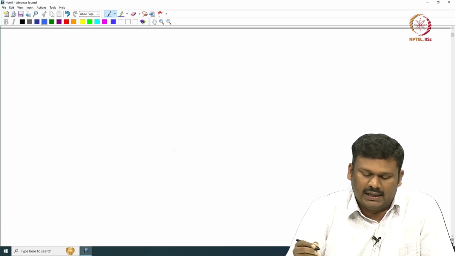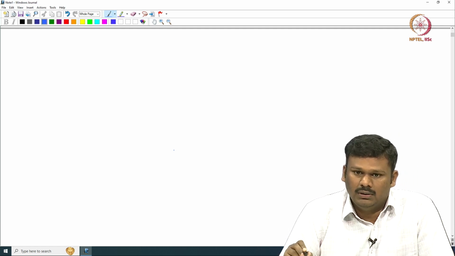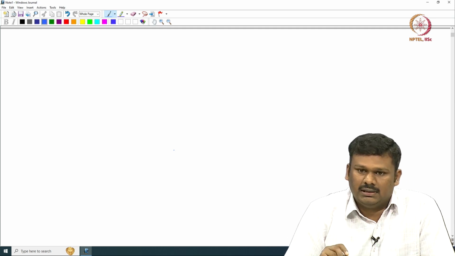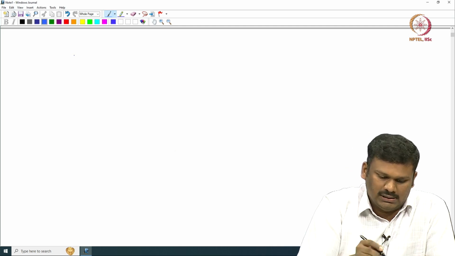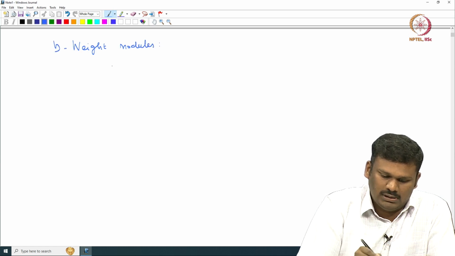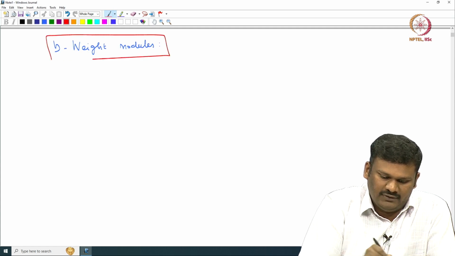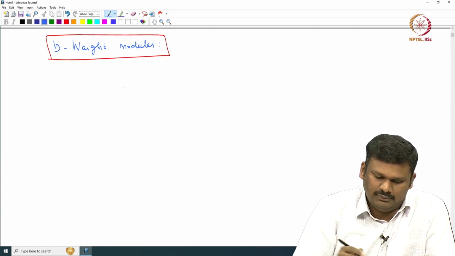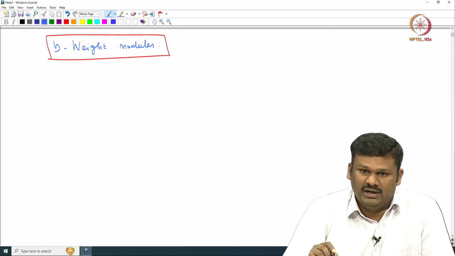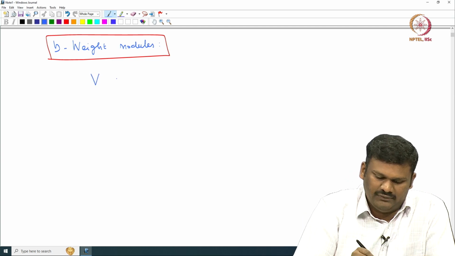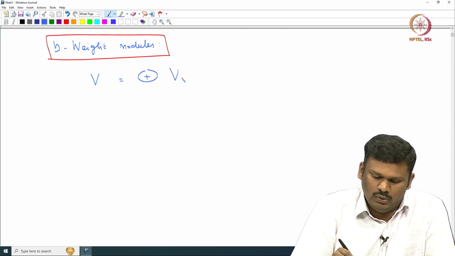So, first of all the character makes sense for any weight module whose weight spaces are finite dimensional. There is no issue with that. So, we can define the character in that generality. So, let us consider this more general version. So, the weight modules, and of course, these are all H weight modules. So, what are they? By definition, they can be written as a direct sum of weight spaces. So, V is a weight module, then V can be written as a direct sum of V mu,